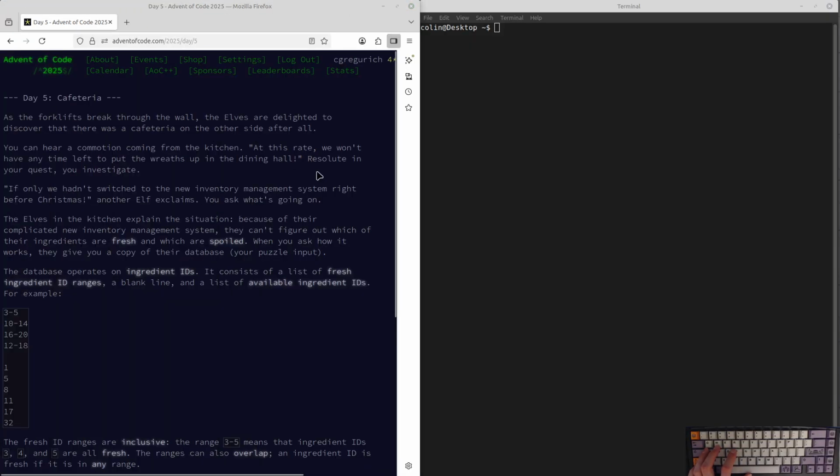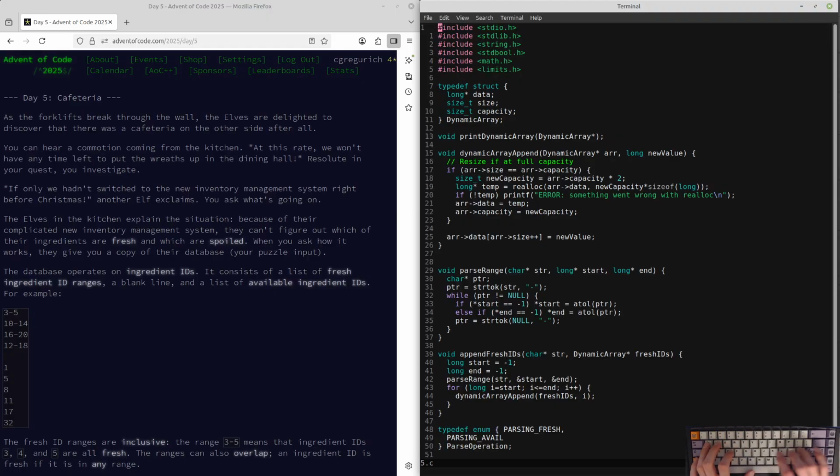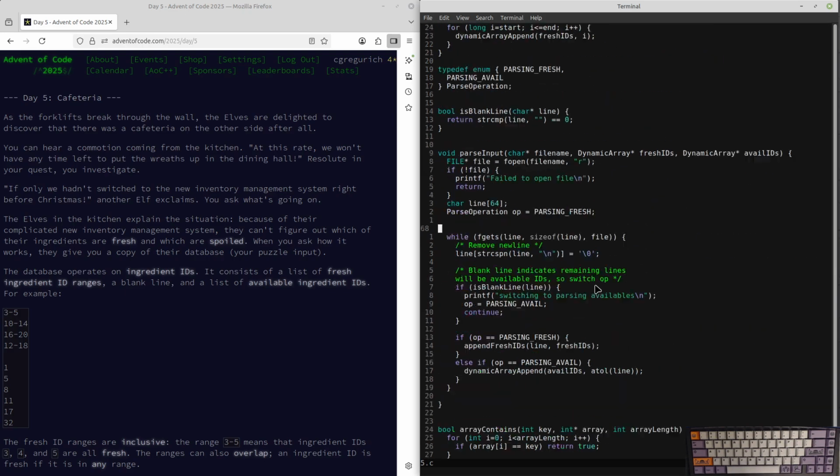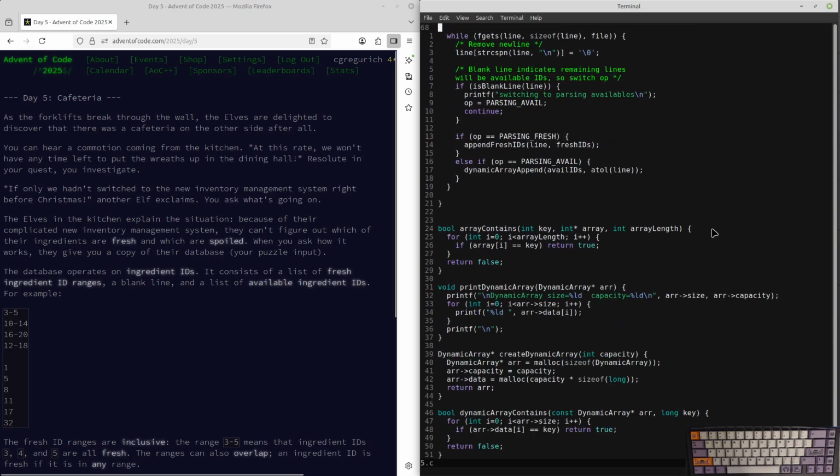But what we're doing is Advent of Code day 5, which is the last one I left off on. In that video, and I might cut them together, I refreshed my memory on what the problem was, where I left off with the program, and trying to figure out where the issue is. So to reiterate, the problem is you have two chunks of input. First is this chunk, which is some number dash some number, which is the range of